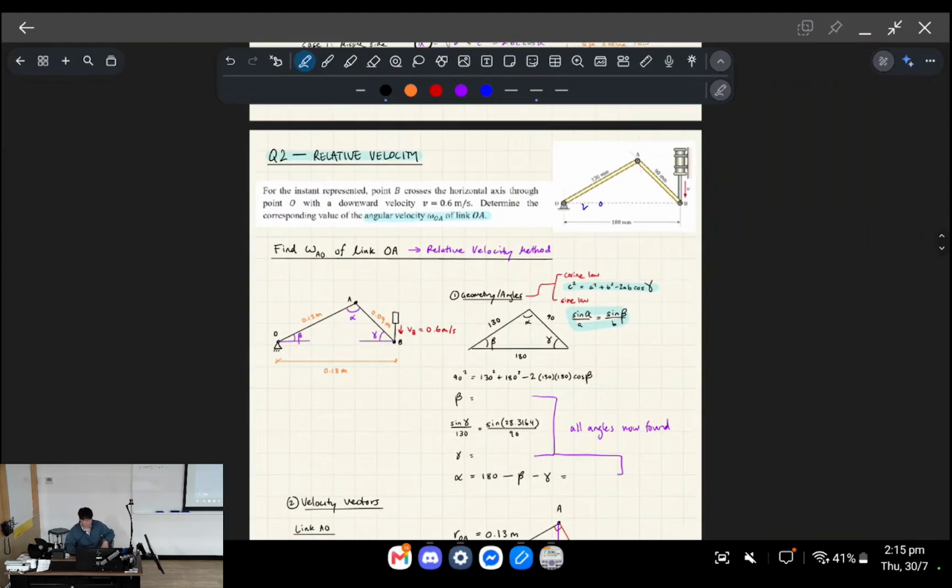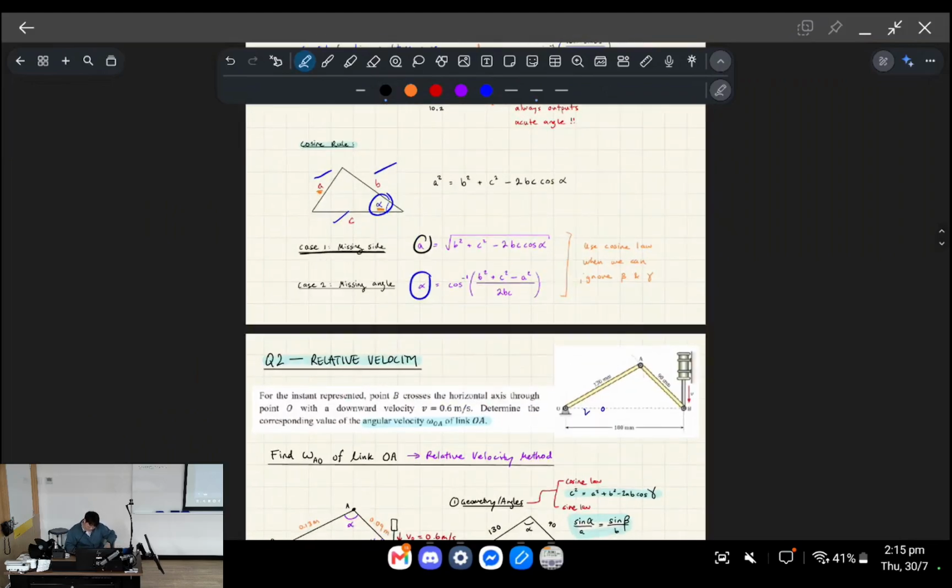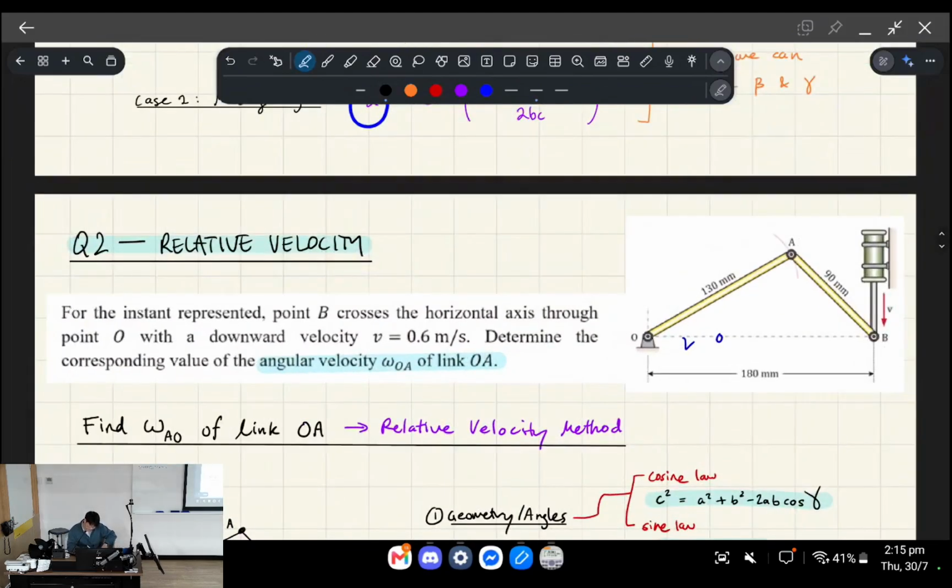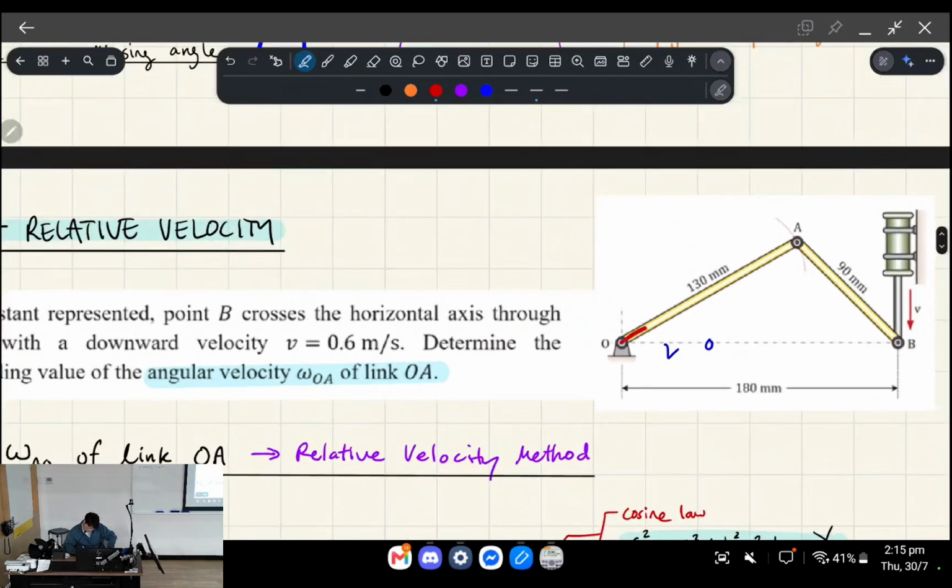Okay, so relative velocity. Let me just get on my notes quickly. Let's do our first question then. A lot of these questions are set up through links. Specifically, it's 2 link questions. So we've got 3 points and 2 links. We've got this link, OA, and we've got this link, AB. We've also got this